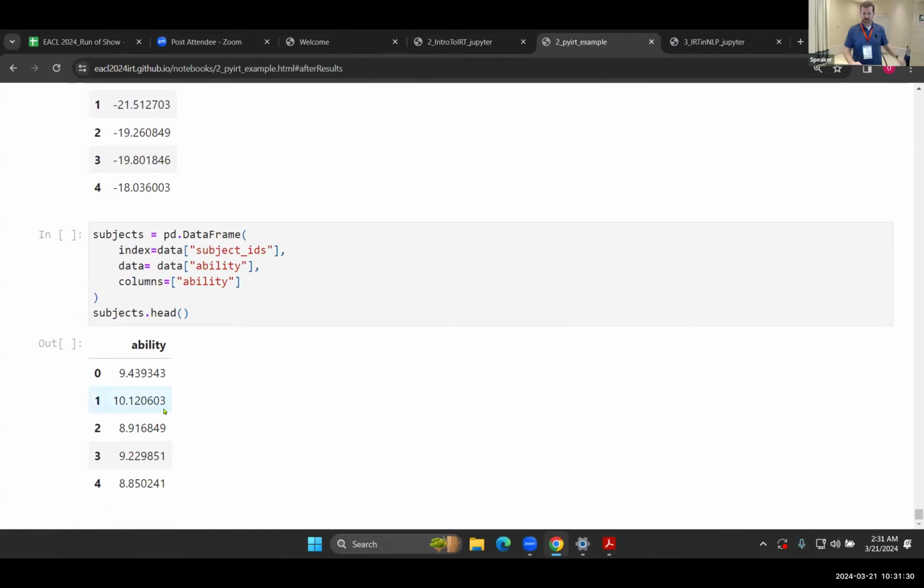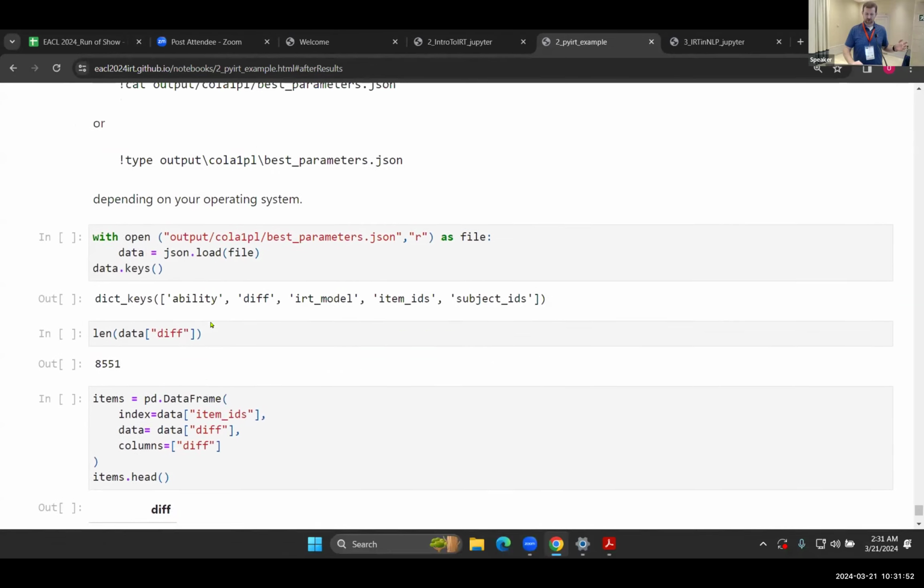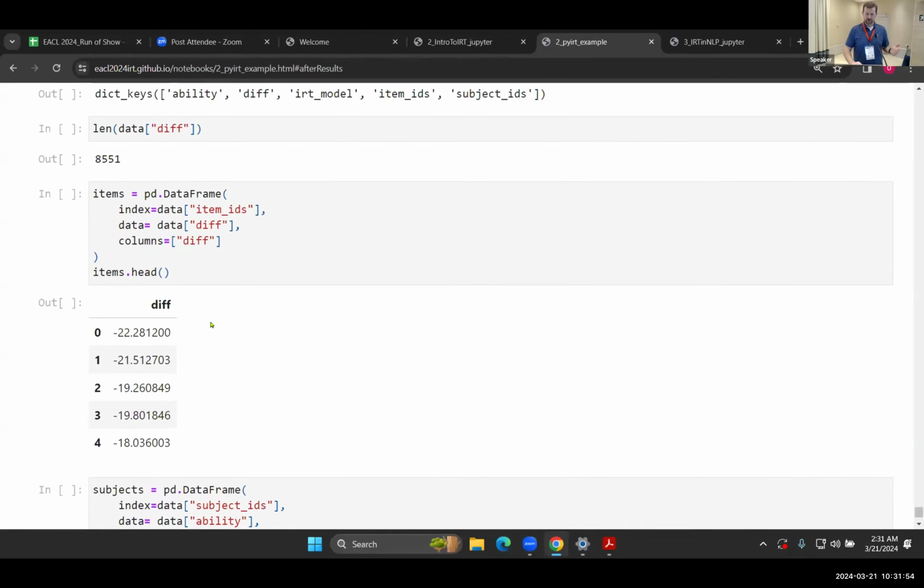And then in terms of ability, we've got some that are high ability, some that are medium ability. Again, for CoLA on GLUE, most of the questions were answered correctly by most of the models. So we've got this skew of very easy questions and very high ability models. But we'll see with the SQuAD example, more variety in the response patterns gives you better fits as well. But the takeaway is that with just this command line, you can train your model and you get these outputs,